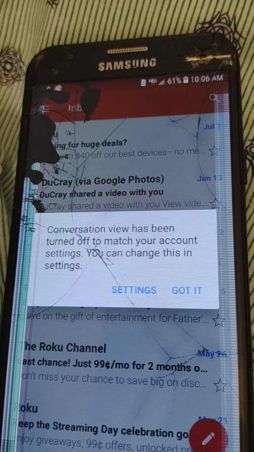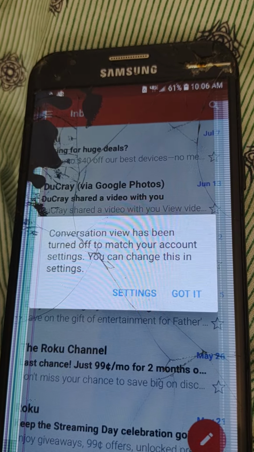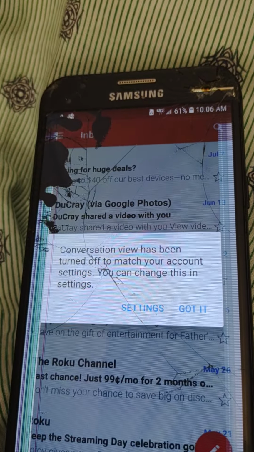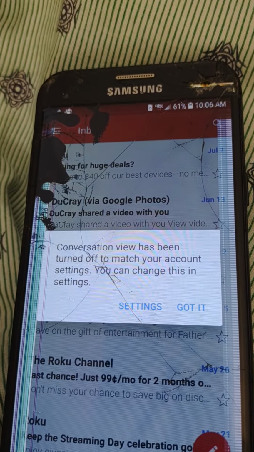Conversation view has been turned off. To match your account settings, you can change this. So this is proof right here that the hacker has been in this account,